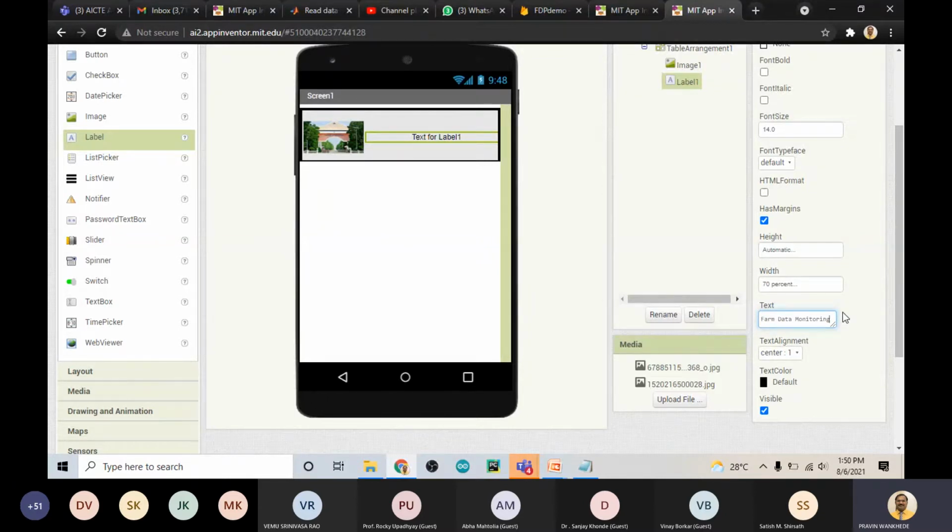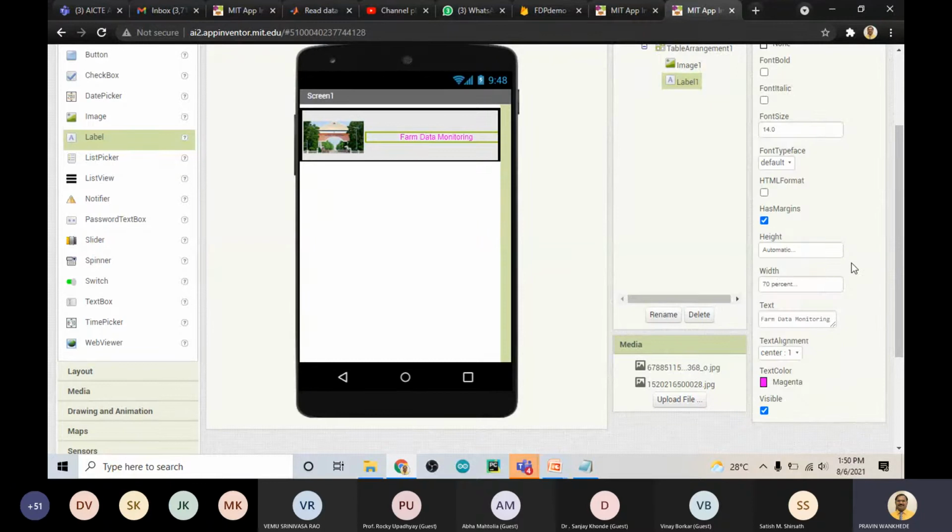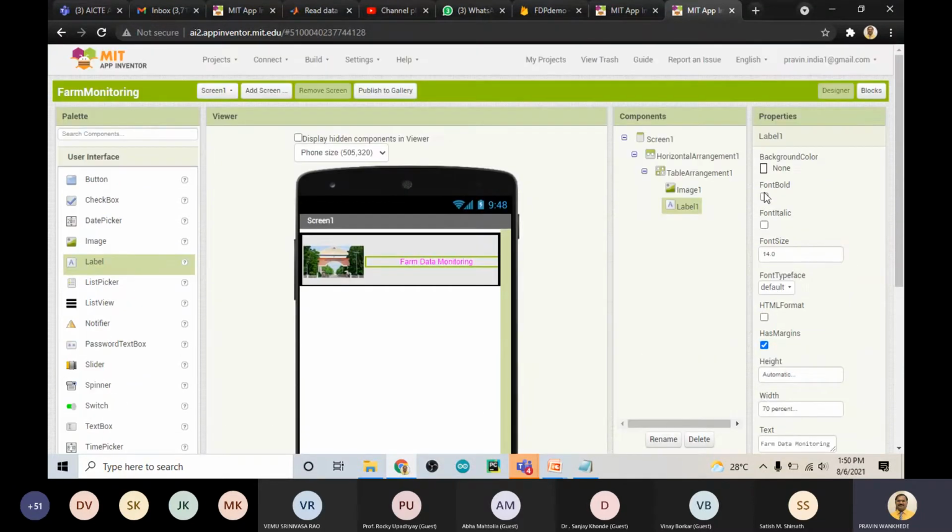Now if you want to change the color of the text, you can change it from here. Make it magenta. Now let's make it bold. I can increase the font, say 20. Okay, great.